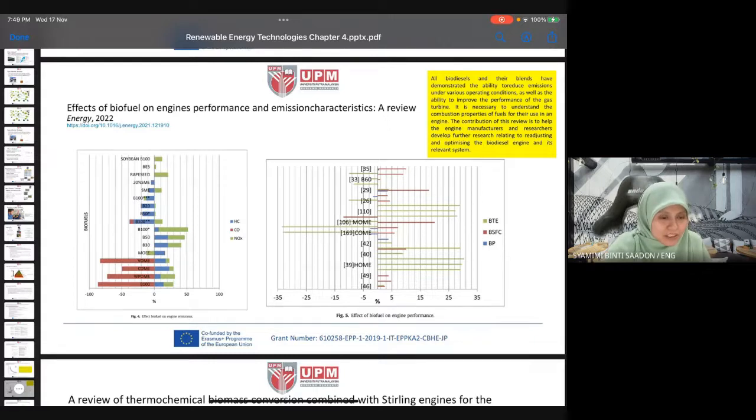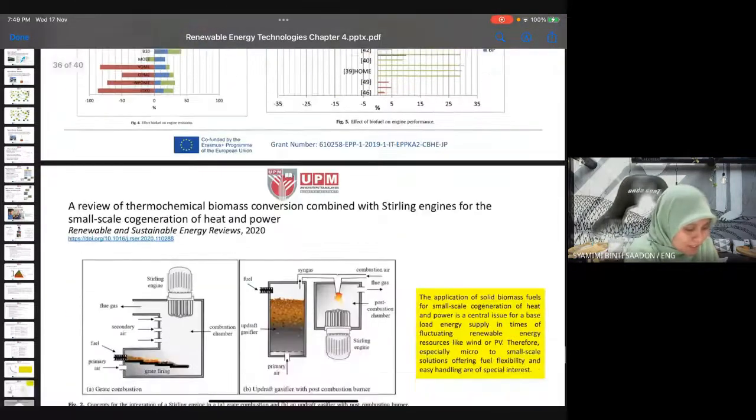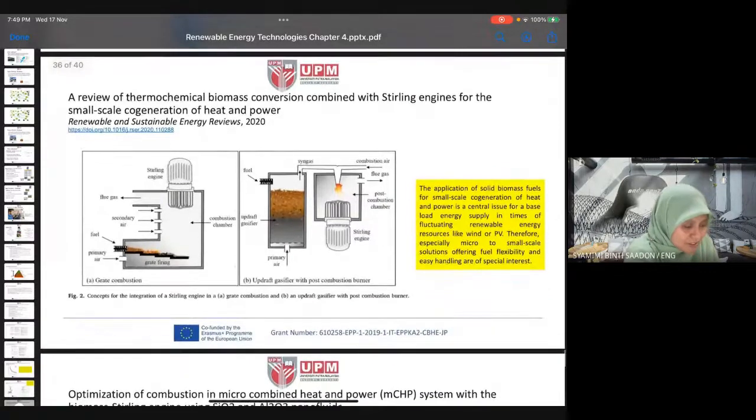Okay. And then other research, this is not from UPM, but I'm sharing this with you because it's quite an interesting application of biomass. One application of biomass technology is of course for generation of heat and power for houses, usually small scale, for normal households. So this biomass source technology can be combined with an engine